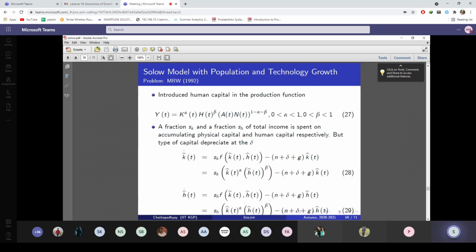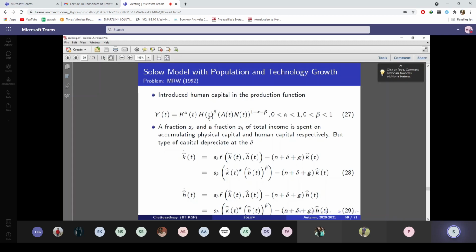So the manipulation I have shown you just now without human capital, you can apply that. You divide both sides by Y_t, and then you do a simple manipulation. What we'll get: Y_t equals (K_t by Y_t) to the power alpha by 1 minus alpha, (H_t by Y_t) to the power beta divided by 1 minus alpha. No, I'm making a mistake. Actually, in this case, you have to divide both sides by Y_t to the power alpha plus beta, and you do algebraic manipulation.